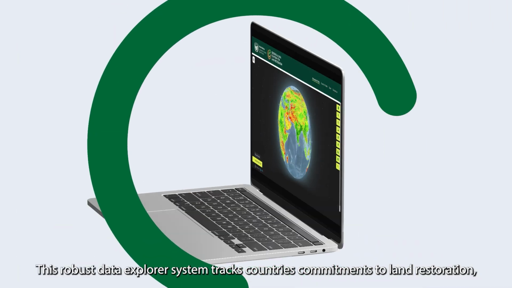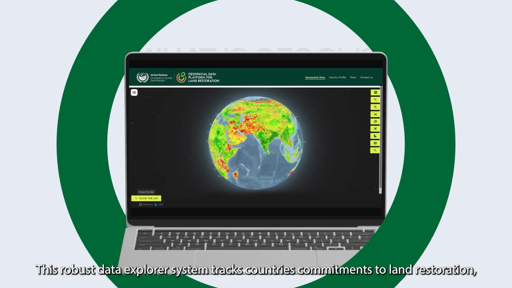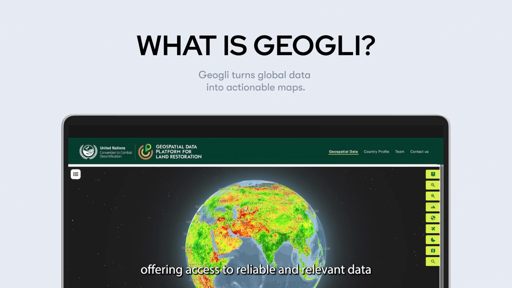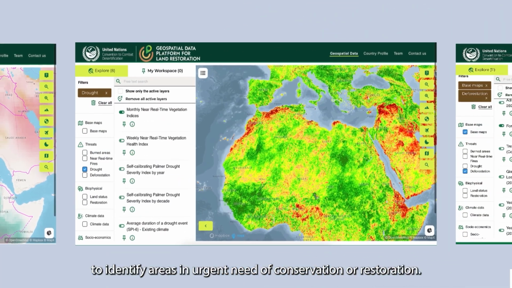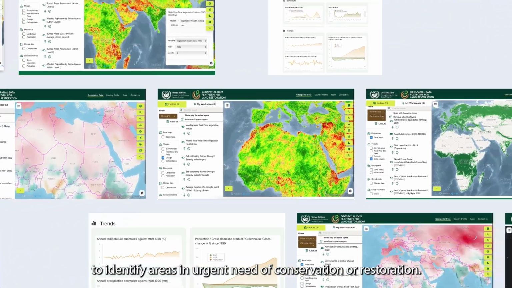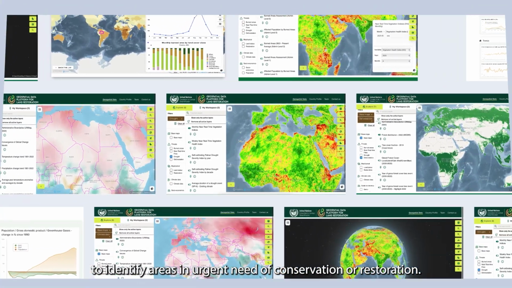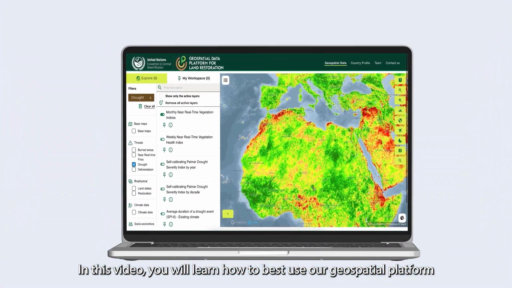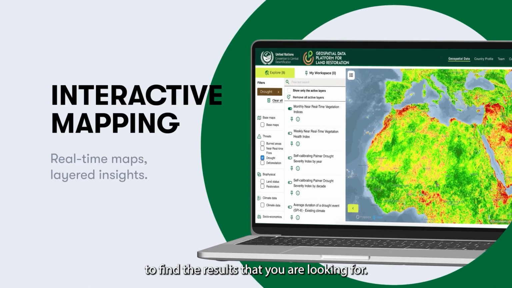This robust data explorer system tracks countries' commitments to land restoration, offering access to reliable and relevant data to identify areas in urgent need of conservation or restoration. In this video, you will learn how to best use our geospatial platform to find the results that you are